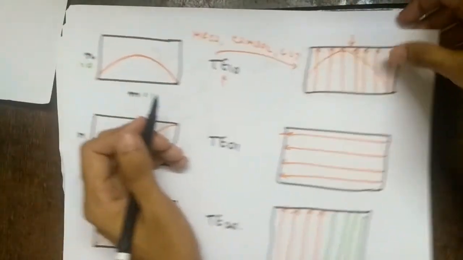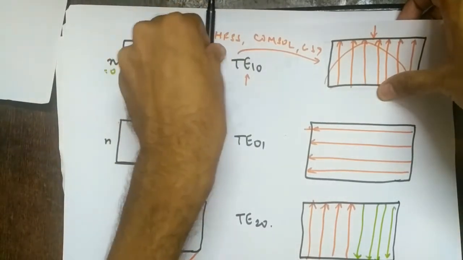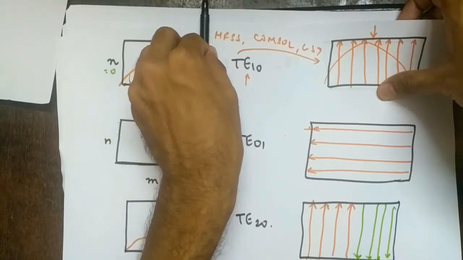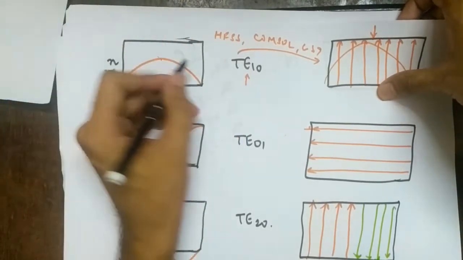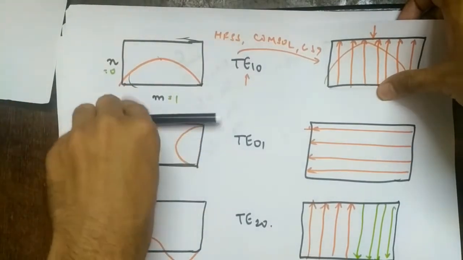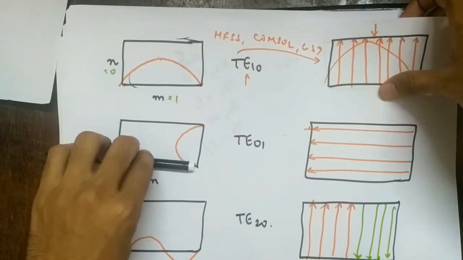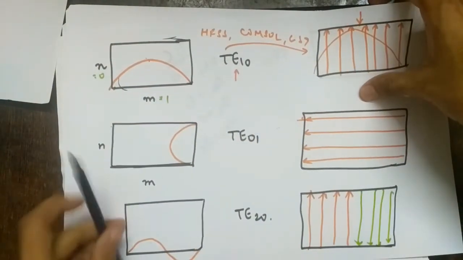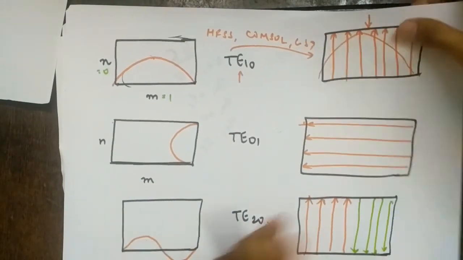So if you see here, what is it? 0 here. This is the boundary, right? And this is the waveguide, right? So this is the tangential component, because it is along this waveguide only. So the tangential component is 0. In the same way, along this is also a tangential component, so this is also 0, right? So that is what is happening here. So in all these cases the boundary conditions are satisfied. Here also it is 0. Here it is not depending on boundary conditions. That is something different, right?